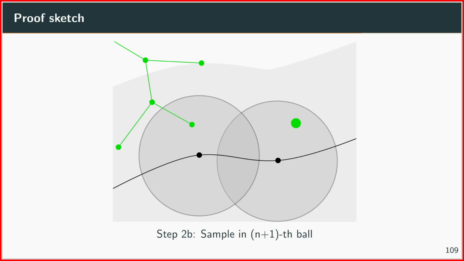And the first step for this is that you have to show that at some point you will sample in this next ball here. And this is always true because your number of samples goes to infinity, and your ball has a certain measure, so that it has a certain size here in your configuration space. And you can be sure that with probability 1, at some point there will be a sample in this ball here. And if this is true, that you will find at some point a sample here and you have reached